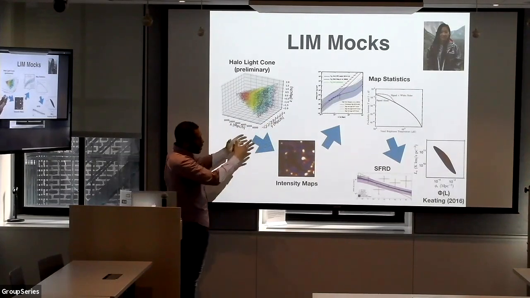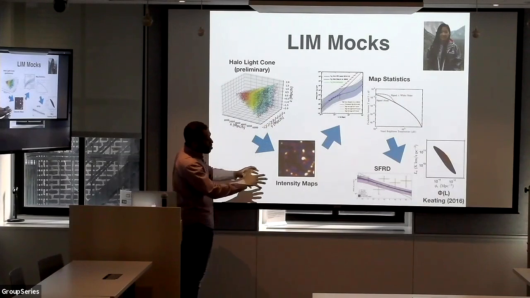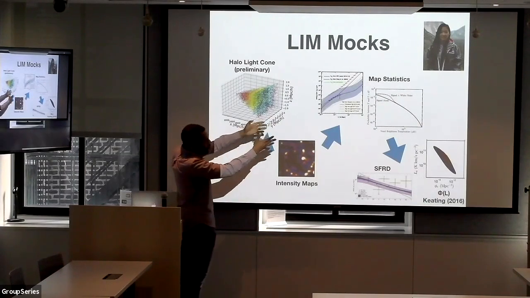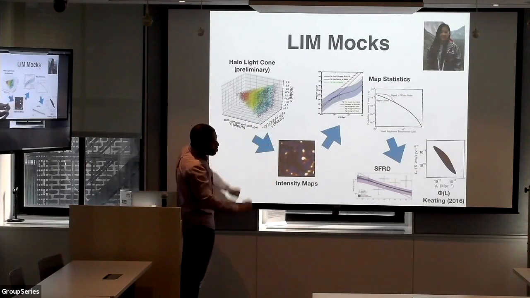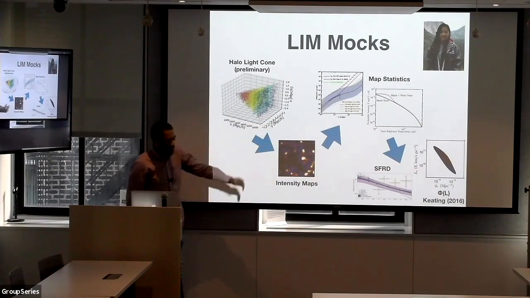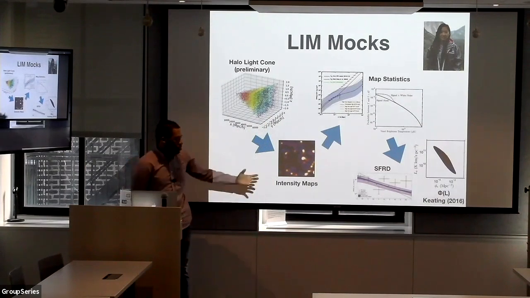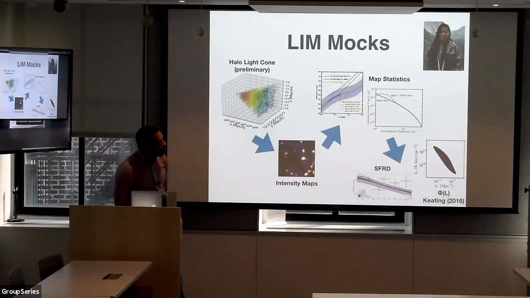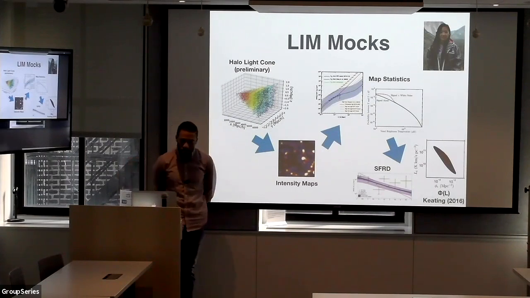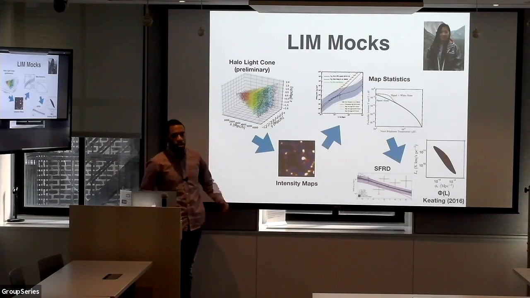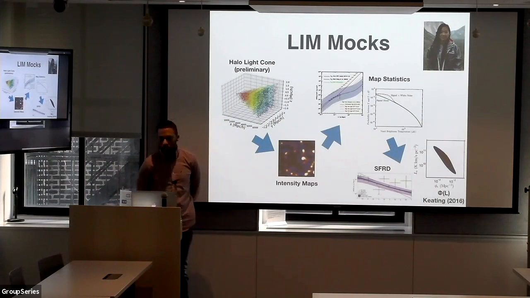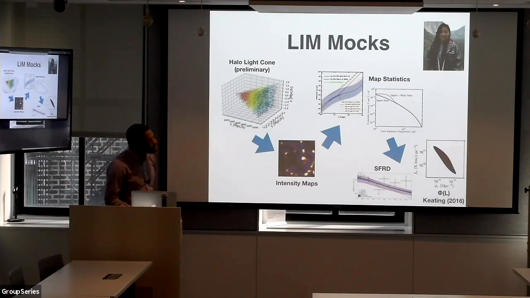From there, you can use the models and do fits to constrain the SFRD and the luminosity functions. That's what we'd be able to do with the 2 square degree model. We also have plans in the works to use the peak patch method developed at CITA to extend this out to a full 400 square degrees, which is what EXCLAIM would map. So this is the goal for this type of work.